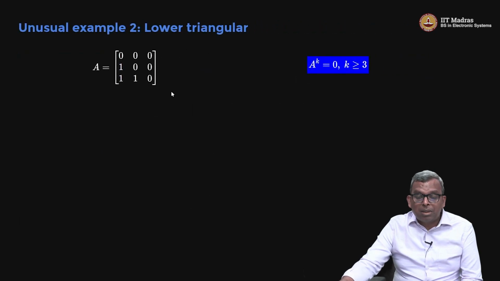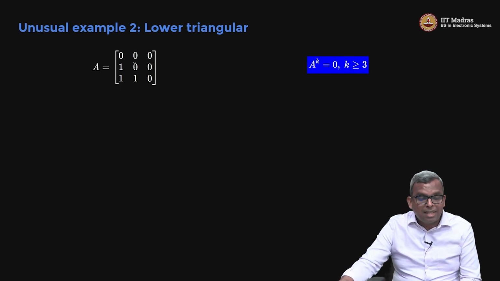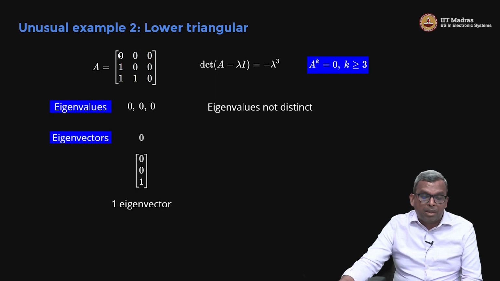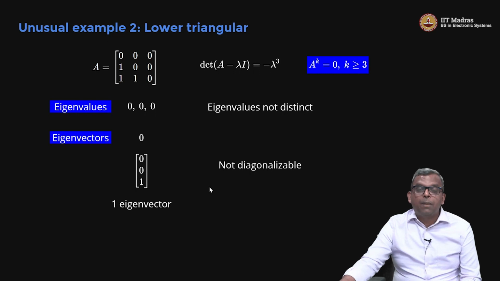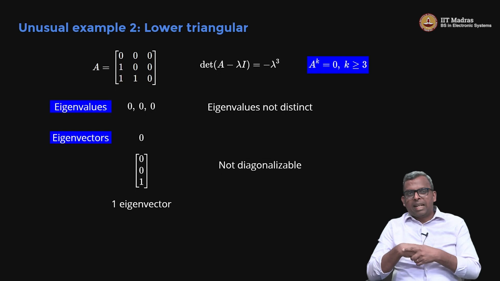Here is the last example. This is very similar to the earlier example, where small a is 0, so the diagonal values are 0, b is 1 and small c is 1. You see that the eigenvalues are 0, not distinct, and there's only one eigenvector, so this is not diagonalizable. I was just trying to show you various different examples of what can happen,